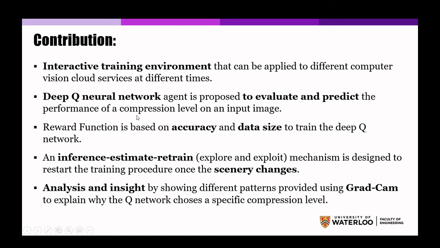So their contribution here is mainly summarized in these 5 points. They have created interactive training environments that can be applied to different computer vision cloud services at different times. A Deep Q neural network agent is proposed to evaluate and predict the performance of a compression level on an input image. The reward function is based on accuracy, as we mentioned before, and data size to train the Deep Q network. The Deep Q network is the one that represents the agent that will choose which quality factor to send to the environment, which is